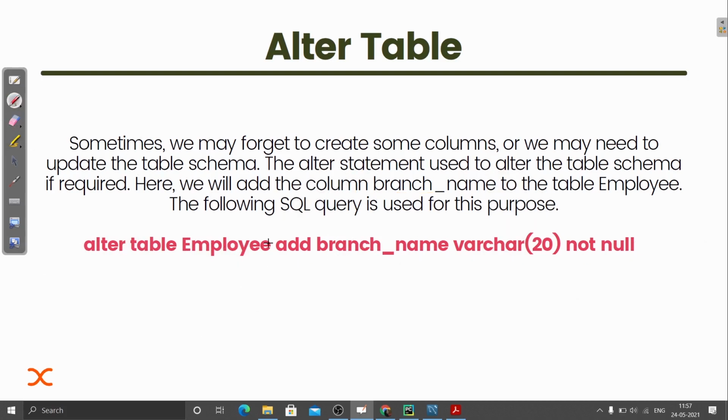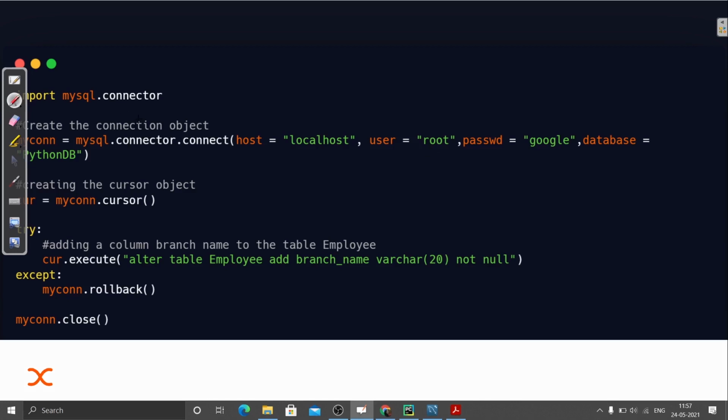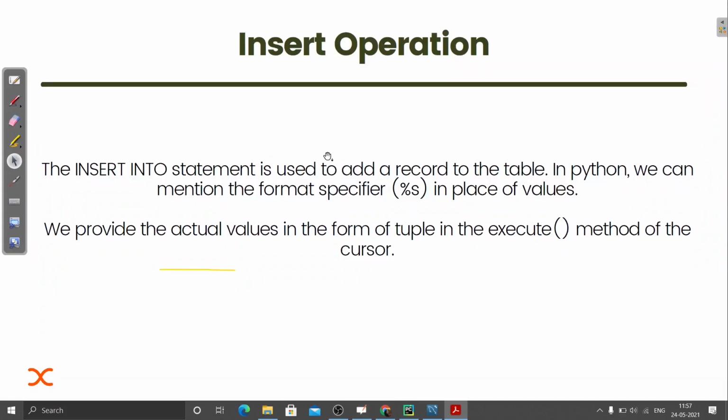Now what is the next step? I don't think I need to repeat it again and again. Just pass this MySQL query in the execute function. You can see what I'm doing: passing it through the cursor object that has been created, calling the execute function, and writing it. So it will be updated, you can check it out.